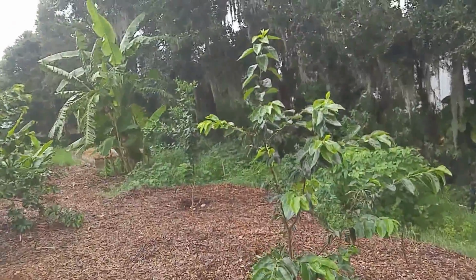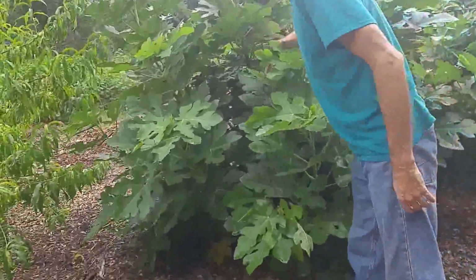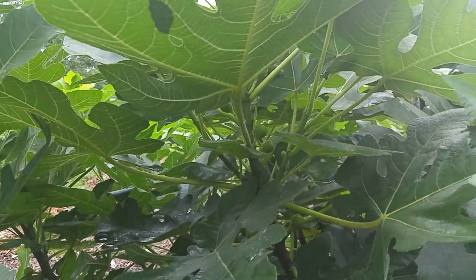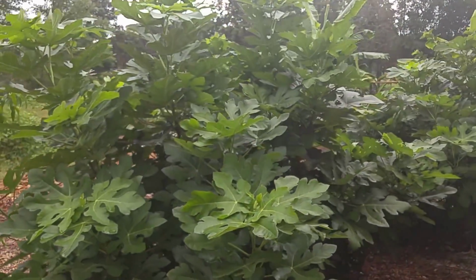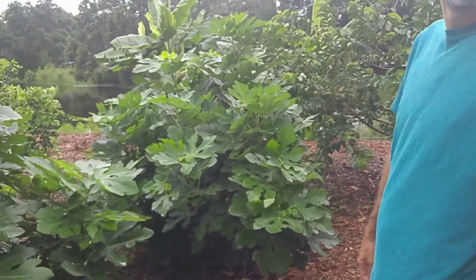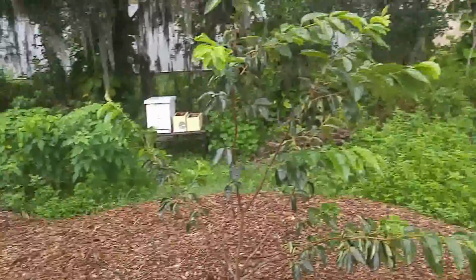The figs have been doing really good though, growing. You can see there's fig fruit, little figs in there growing throughout it. These bushes have gotten huge. Second one there. Right behind you, the